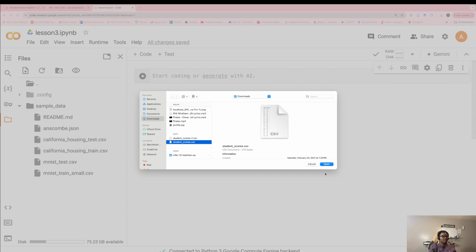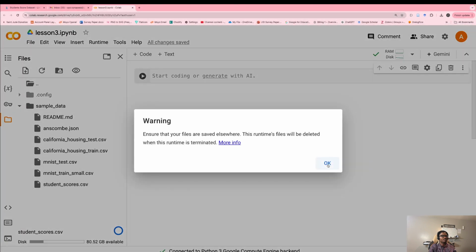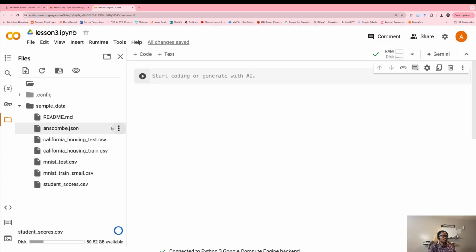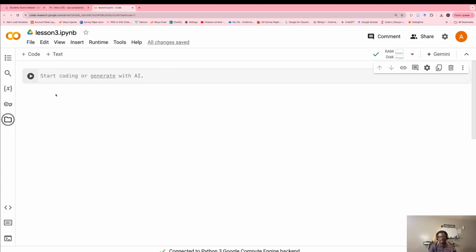After you download the file, you should see it in your download folder. It's going to be studentscores.csv, so you just click on open. So now our data is here for us to use. If you want to close this, it's fine, but I will close it so that I will have some space to write my code. Let me check if my video is not blocking anything.